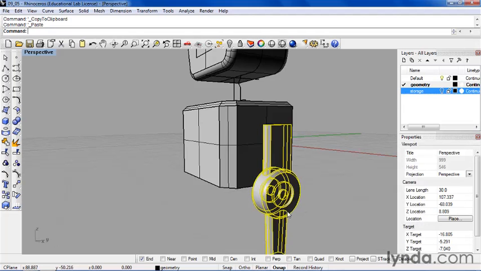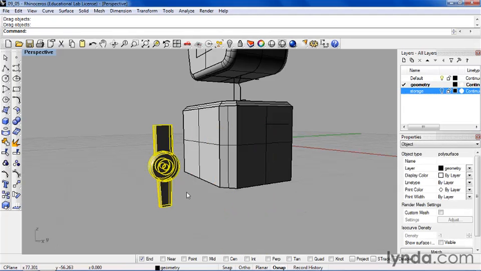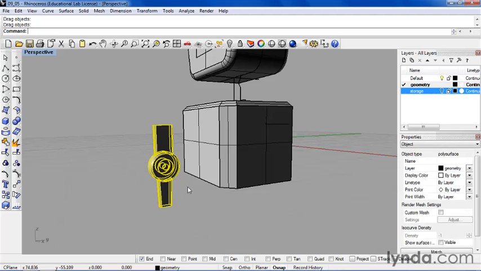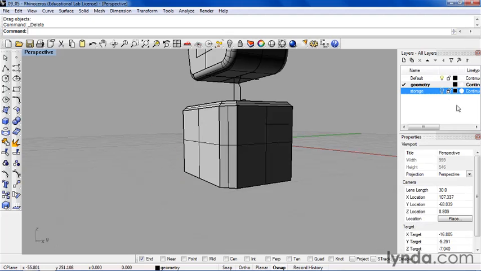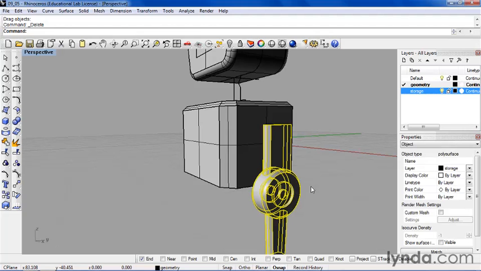So let's proceed to do some edits. And let's say I worked on it for quite a while, and I've changed my mind. That is no longer what I want. So going back 50 steps would take actually a lot of time. So in those situations, I recommend just selecting the object, deleting it. Let's turn the storage layer back on. There's the original in its original position. So you can just make another copy, paste it back to the current work layer, geometry, and then turn the